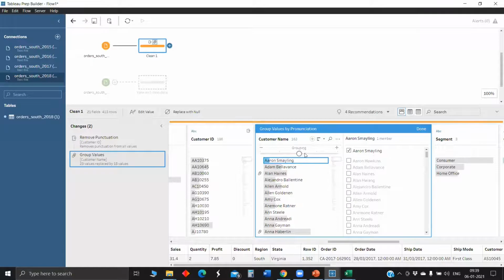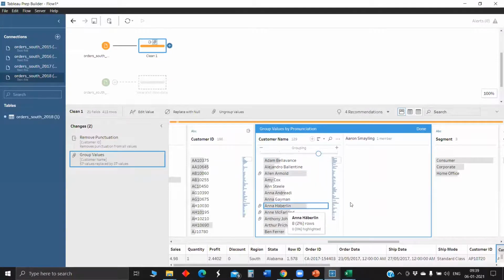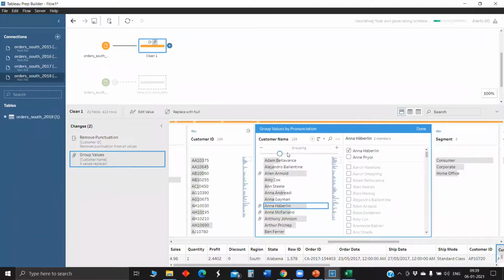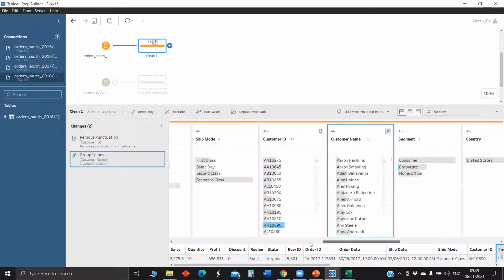We can control the group size, like how many groups you want. Based on that, the accuracy will vary. For example, if you see this Anna, there will be two names which sound similar, so it will just group them. This grouping can be controlled by the size of grouping which we give on the top. If you'd like to have fewer groups, then more members will be in the same group. Maybe it's just like duplicate vibes.